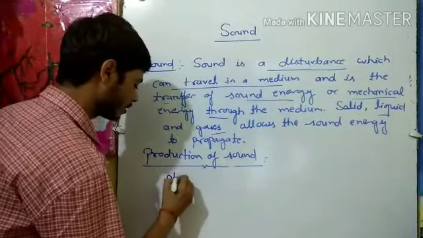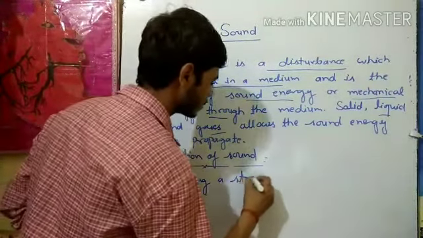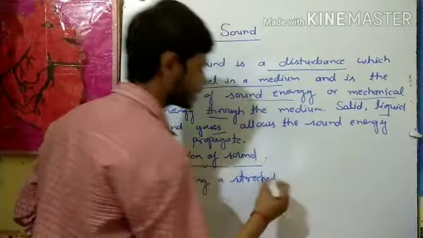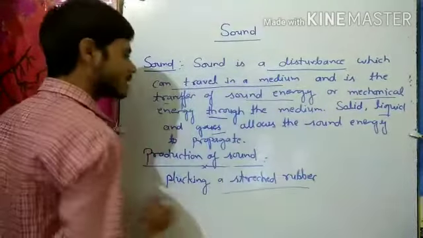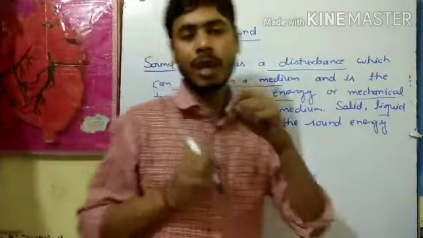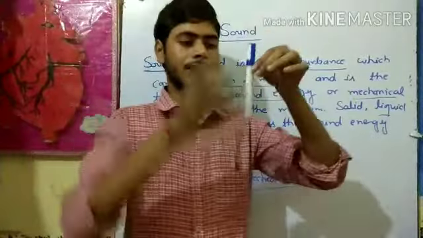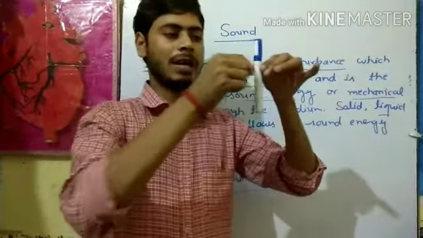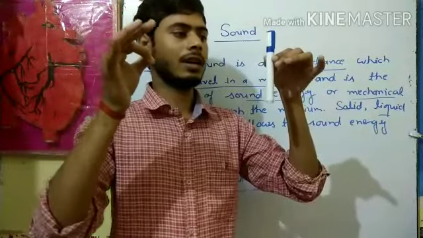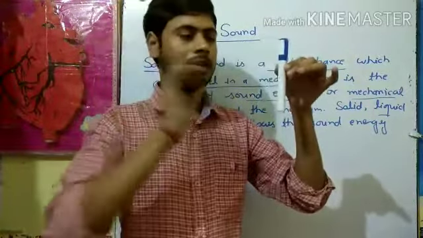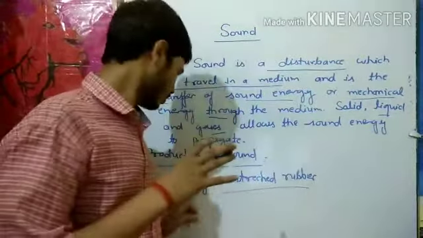Now if we take our next example, it is plucking a stretched rubber. That means when we pluck a stretched rubber. Suppose this one is a stretched rubber and we are plucking it. When we pluck it, the vibration is produced by the rubber,